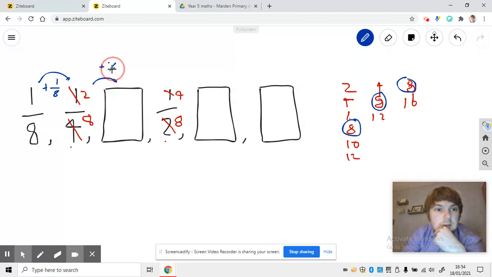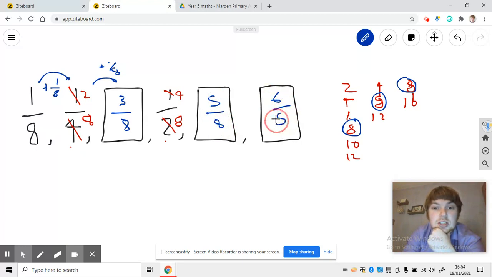1/8? Well, that would be 3/8. 4/8. Well, 4/8 add 1/8 would then give me 5/8. And of course, we would also have 6/8. And that's how you can use this method of equivalent fractions to help you carry on these fraction